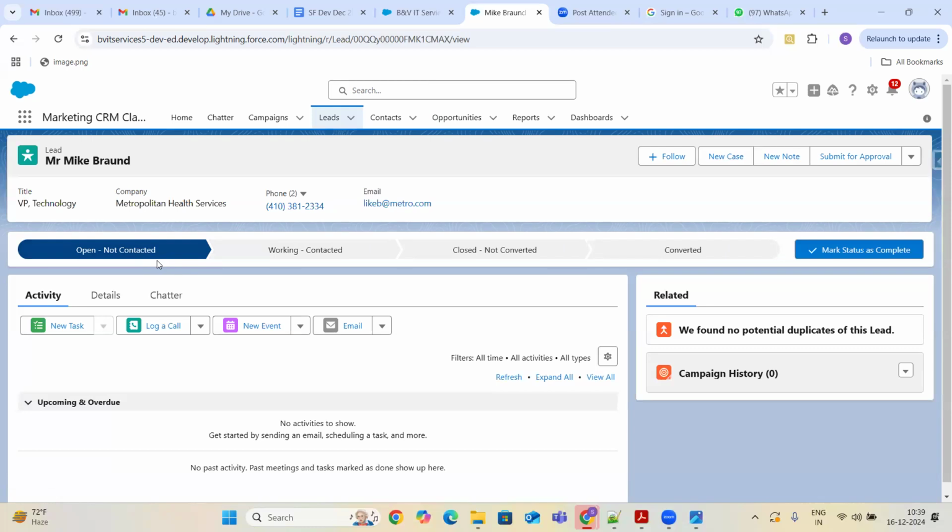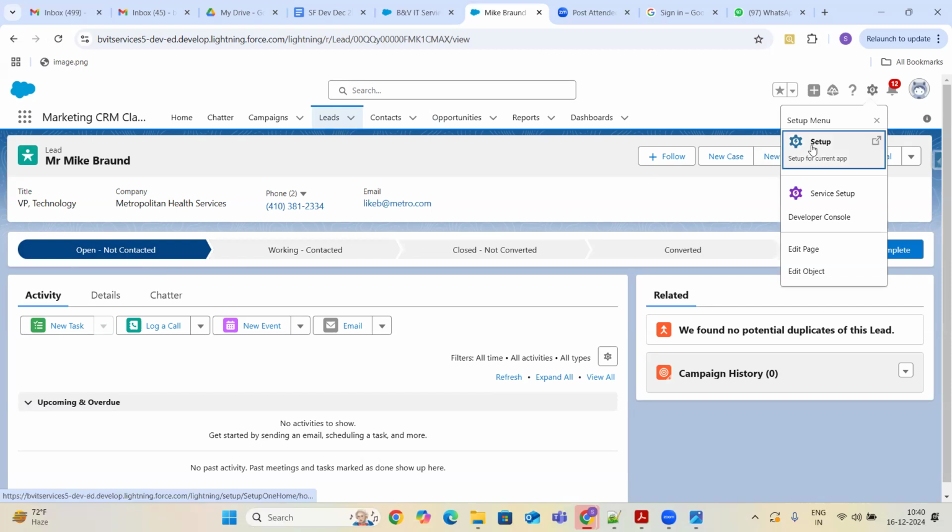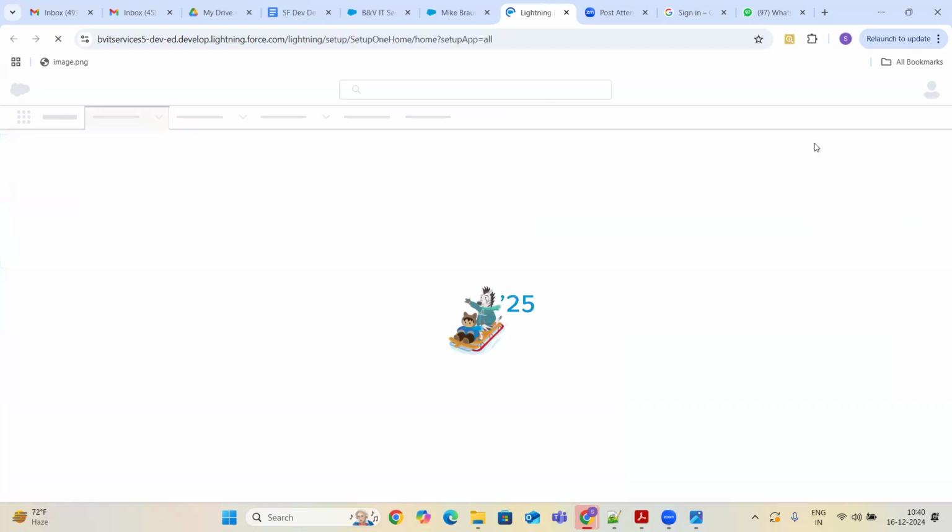I would like to change these. Out of these values, I would like to introduce one more stage also. Like new, and then open not contacted, working contacted, closed contacted. I would like to introduce another status here. Then how can we do that? That is possible through the lead process.